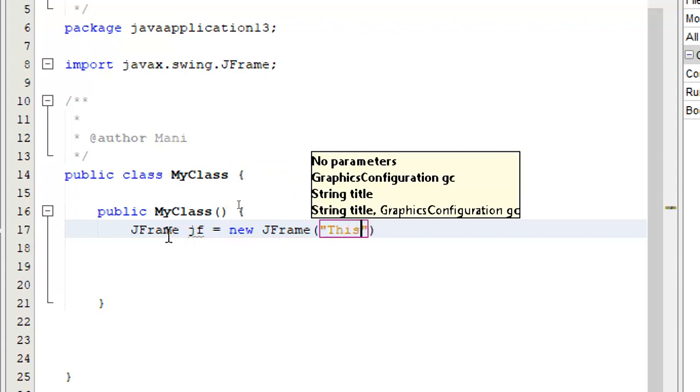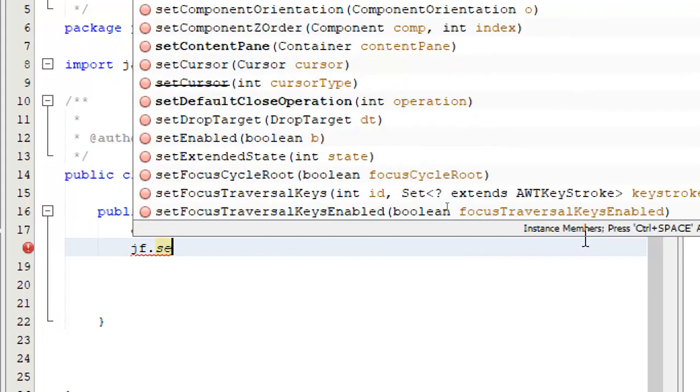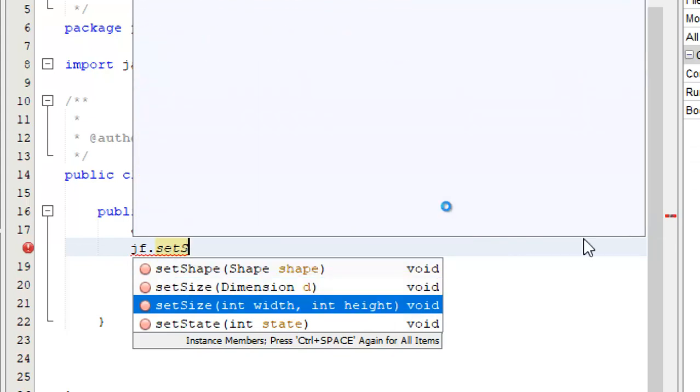This is demo application. So I just gave a title to this. Now there are a few housekeeping routines that you need to do, otherwise the things don't appear to be beautiful. So I'm going to first set the size.